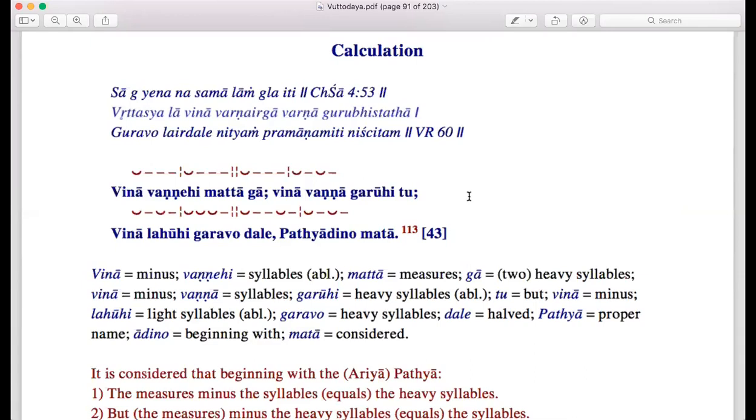I see. Okay, and then you said in the tradition this is lahu ni, not lahu hi. Yes. Then lahu ni. So that is in the accusative case, Bhante? Yes, we have vina, so it has to be in the accusative case. That is the accusative case. Yes. Oh, okay. Okay, thank you, Bhante.